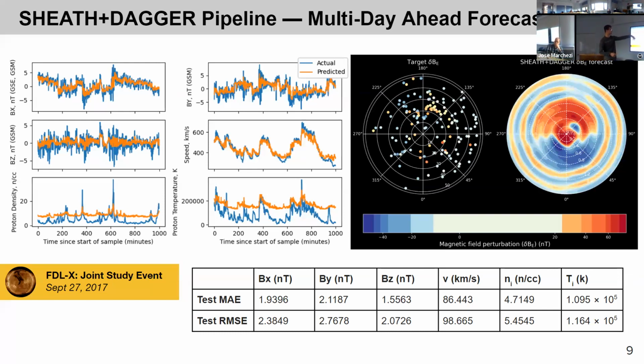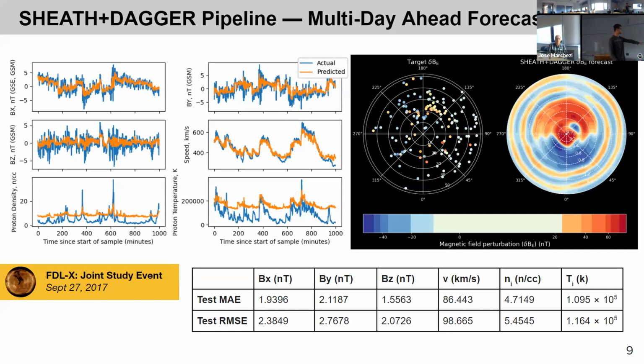The dots being the actual values, and the smooth histogram sort of thing being the predicted values. And this is pretty good, I think, especially based on the errors I've displayed here at the bottom. But there is a bit of a caveat, which is that this model, due to the limitations of the training data set, was not trained on any flaring time, so it misses basically all coronal mass ejections.